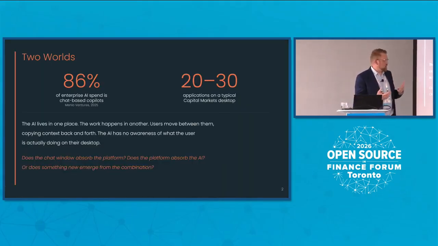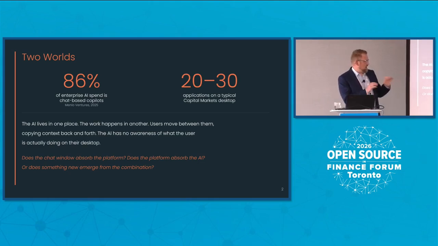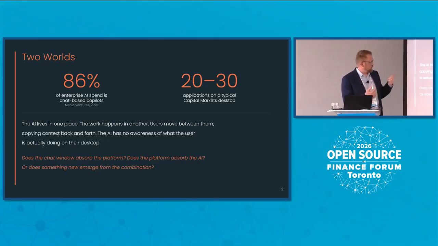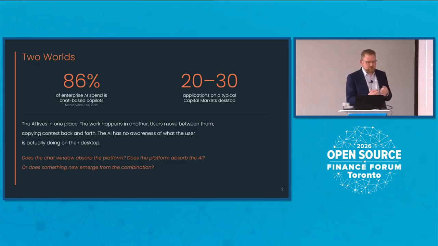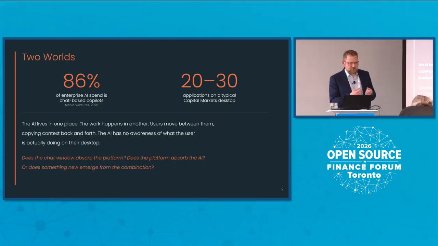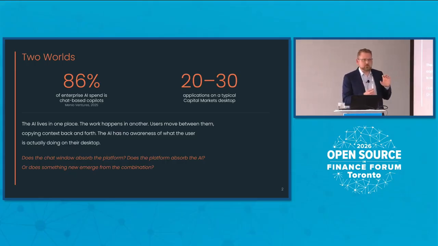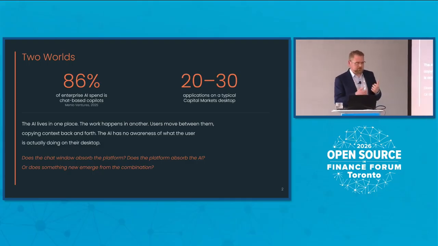So there's two worlds really happening right now in the enterprise desktop. The first world is AI lives in one place. It's typically a copilot or an assistant experience. And there's an interesting stat here from a late 2025 article or research paper that 86% of enterprise AI spend is currently on copilots or assistants. So that's great. These are typically RAG-based, or retrieval augmented generation-based, copilots. They can answer questions maybe on your policies or your internal knowledge bases, but there's a whole other world that's